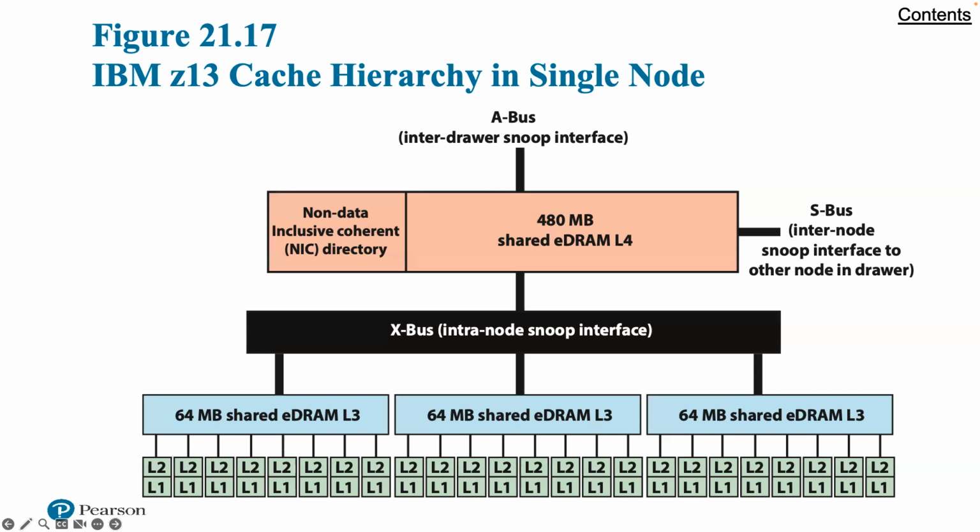To overcome the delays that are inherent to the design and to save cycles to access the off-node L4 content, the designers try to keep instructions and data as close to the cores as possible by directing as much work as possible of a given local partition workload to the cores located in the same node as the L4 cache. This is achieved by having the system and the z/OS dispatcher work together to keep as much work as possible within the boundaries of a few cores in L4 cache space, which is best within a node boundary,